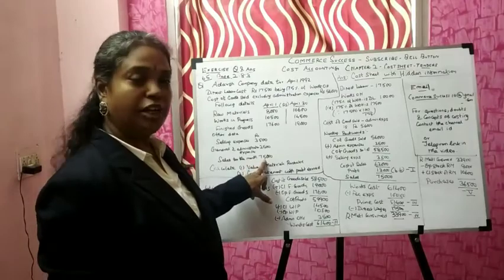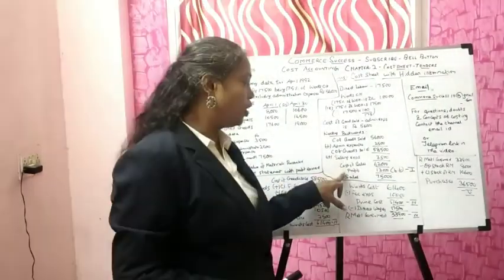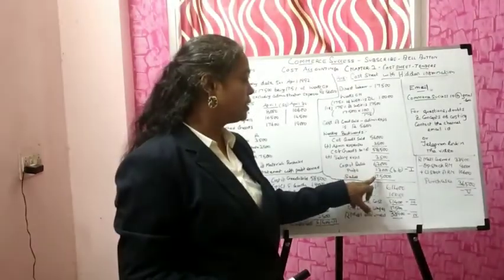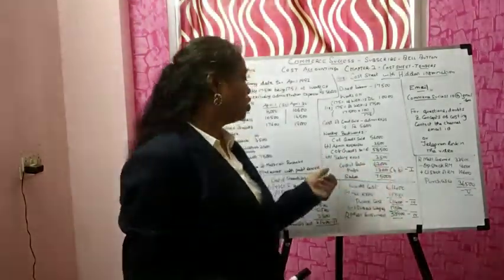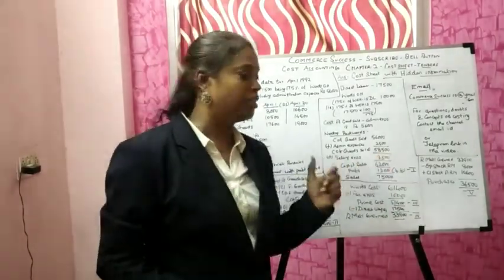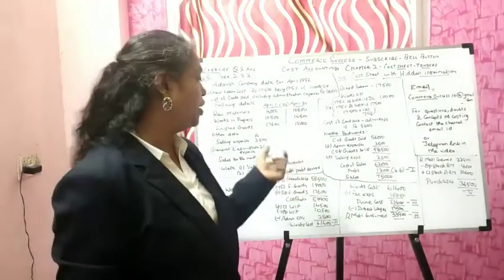Sales is already given in the problem, 75,000. You know the cost of sales, you know sales, so you can find the profit, which is sales minus the cost of sales, which is 13,000. That is your balancing figure. So you have found out the profit, and you also know the cost of sales. Now the rest of the things you will have to find out.